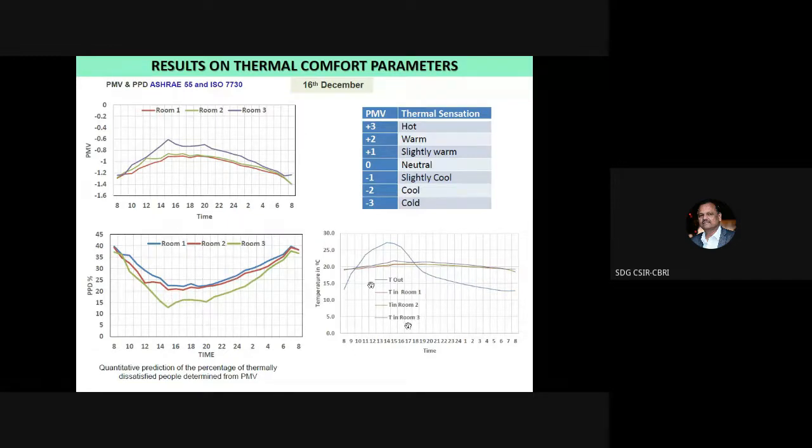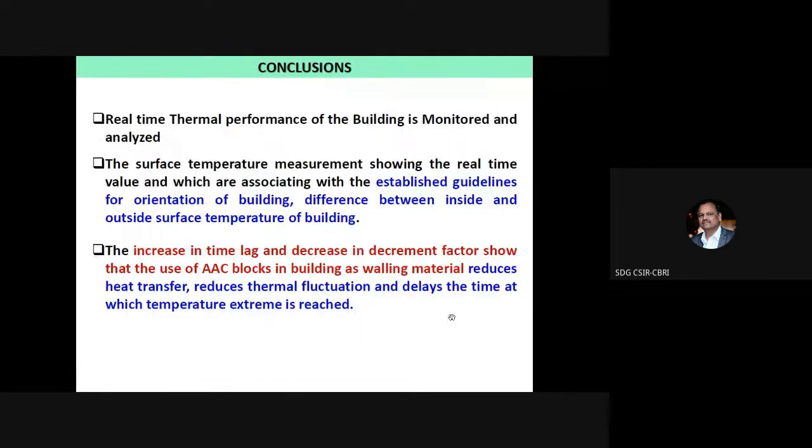If you see the outside temperature and the temperatures of the three rooms inside, the outside temperature during the daytime goes to more than 27 degrees centigrade on this particular date, 16 December. In the readings for these three rooms, there is one peak with respect to room 3, but the other two are almost similar, which are on the ground floor, because the solar radiation intensity is not there. That's why rooms 1 and 2 are performing better.